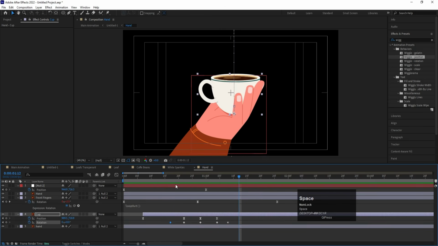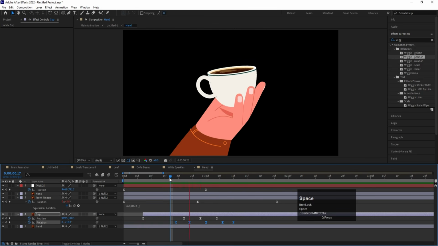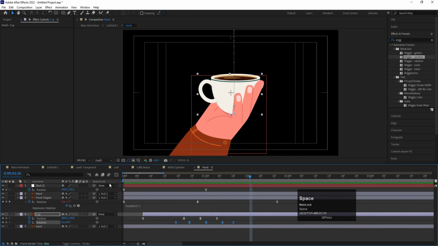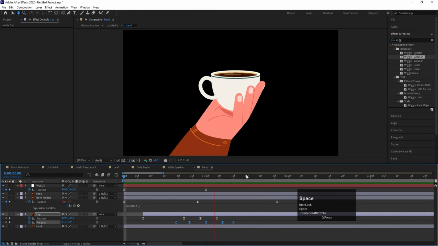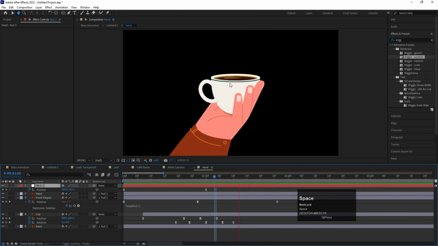So if you check it out, we are getting something like that. Then select those keyframes and hit F9 and try to bring this a little bit over here. Let's check whether this looks good or not. Yeah. Okay. Then after this, when this is falling, there should be some animation that looks like it's sparkling from